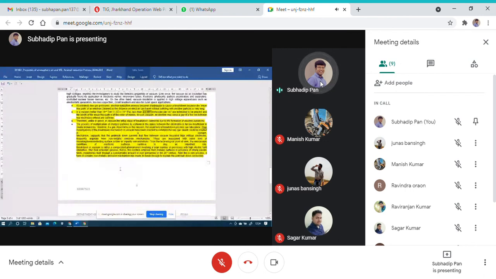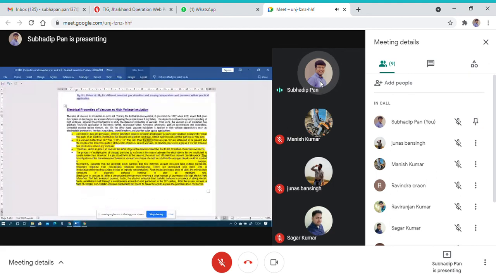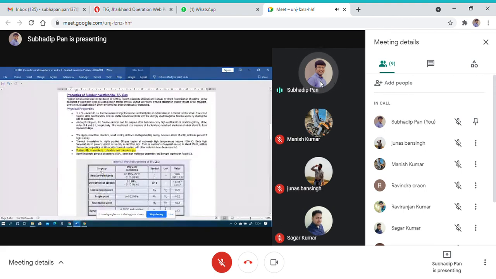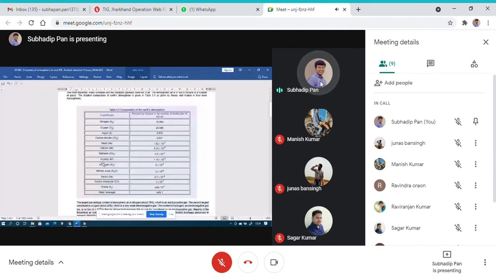In the next lecture we will discuss a few things: the properties of other gases like carbon dioxide, carbon monoxide, methane and helium. That is in nuclear applications, in the nuclear power plant. Neon and helium, these dielectrics are mostly used there. So those things we will also discuss in the next lecture.